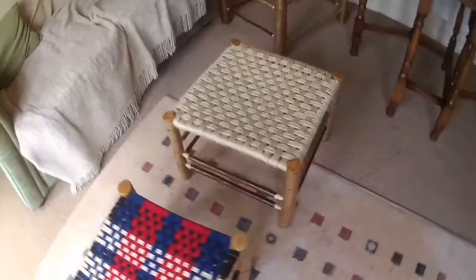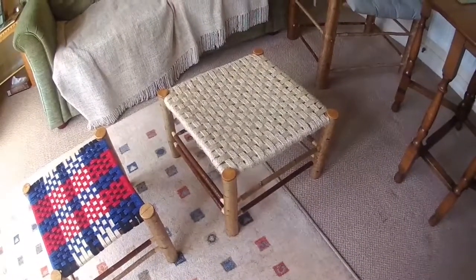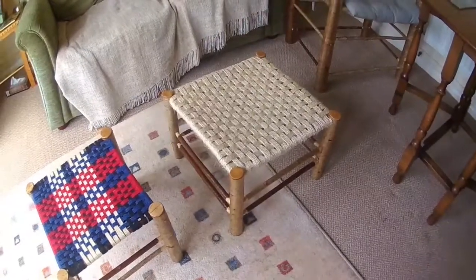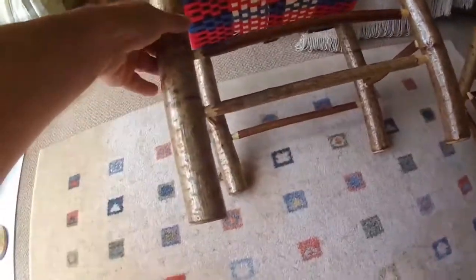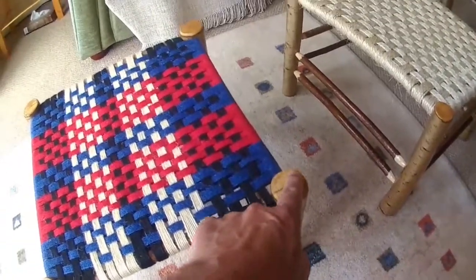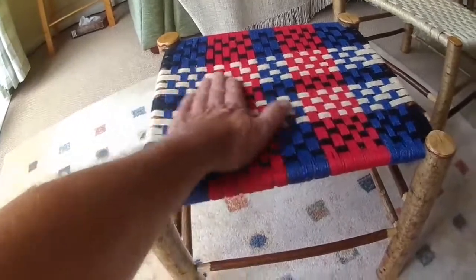The other thing I make is stools. These again are a very simple design. They're made from hazel that's been coppiced and chopped down by myself, and these were done a few years ago, probably 3-4 years. Very, very simple design, very, very sturdy. You could sit on them, they're footstools. They do split because it's green wood when I start. I do season some of them, and I weave this top section,